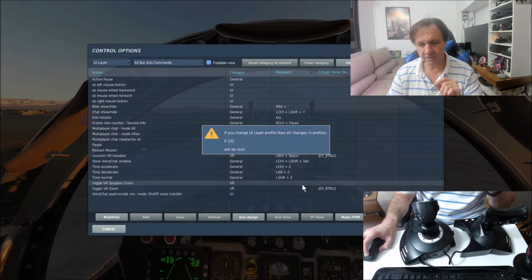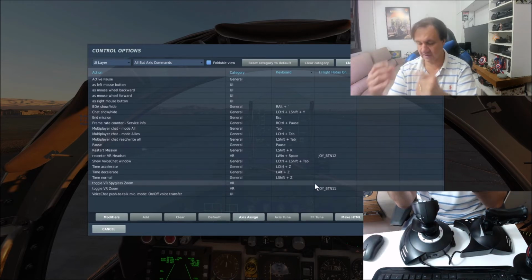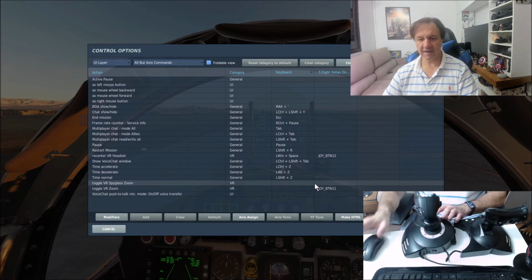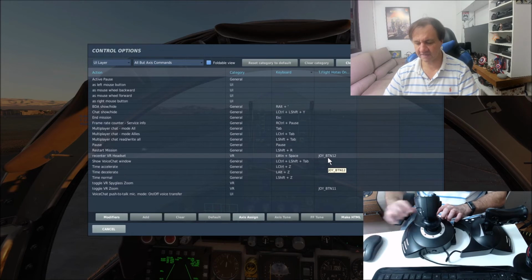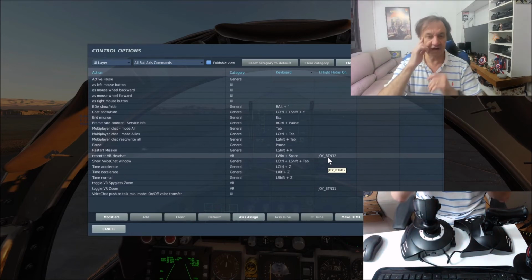I'm not going to map it because sometimes we lose the buttons that you have configured. I like to use toggle VR zoom. It's a zoom in VR. I use this button here in front, okay, and VR reset center. I use this button here when the center of the VR is not correct.